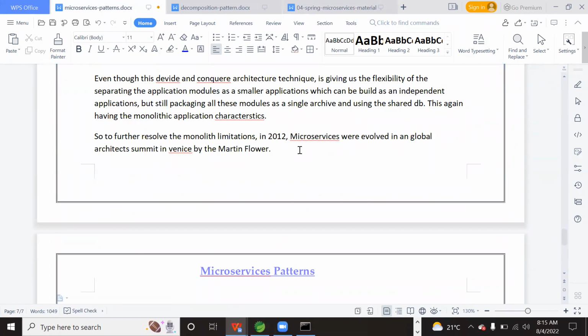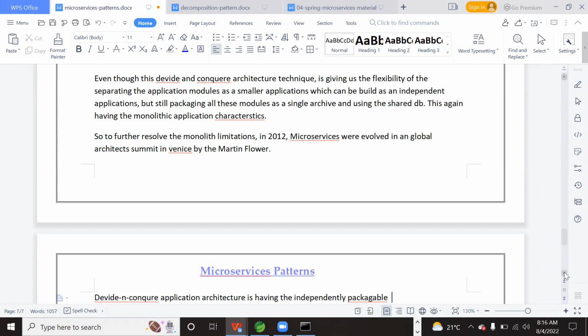If you understand correctly, the divide and conquer application architecture has independently packageable applications, independently packageable modules.